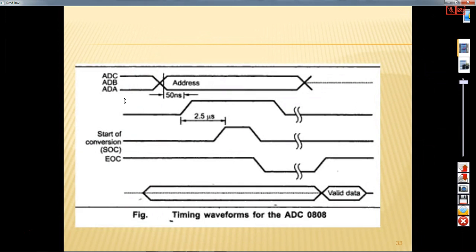So first you are giving your signals on PB0, PB1 and PB2, the example which we are considering, and you can select this,